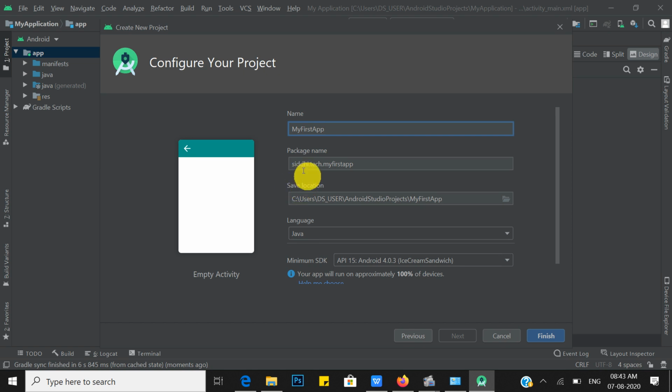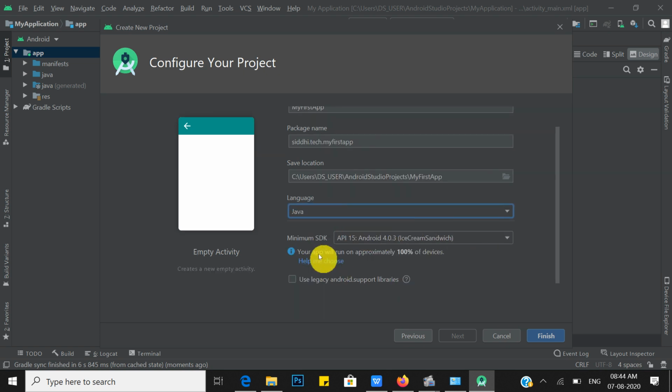So beforehand you have to change your package name as per your company name or your organization name. Here I have given the package the name siddhi.tech.myfirstapp. Then the save location, you can save it anywhere. Then choose the language. By default it is Kotlin, but now we are familiar with Java, so we choose Java as our development language. Then the minimum SDK: choose which minimum SDK you want your app to run on.